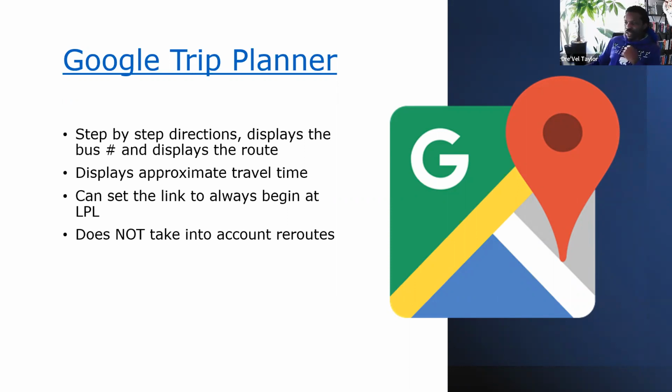The last piece of technology I wanted to look at is Google Trip Planner. Google Trip Planner looks very similar to Transit app. It's very easy to use, but especially on your laptop or computer. It also has step-by-step directions. It displays the bus numbers and the routes. It tells you your approximate travel time as well. And with this link on here, you can actually